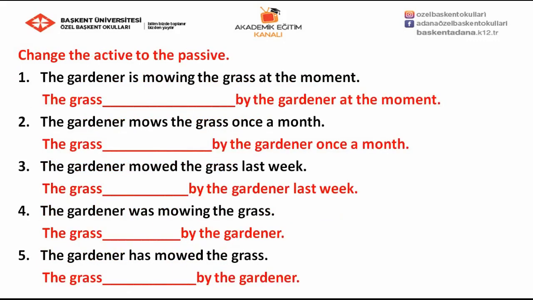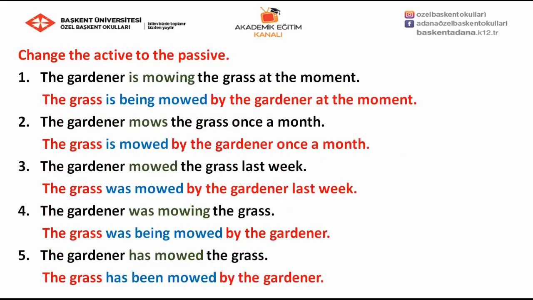Change the active to the passive. As you see, there are some sentences. We will change active sentences into a passive form. For example, the gardener is mowing the grass at the moment, and its passive form should be like this one. The grass is being mowed by the gardener at the moment. The gardener mows the grass once a month, and its passive form, the grass is mowed by the gardener once